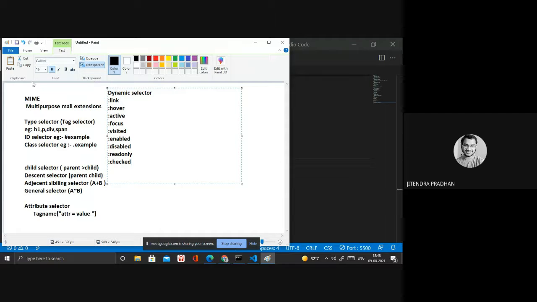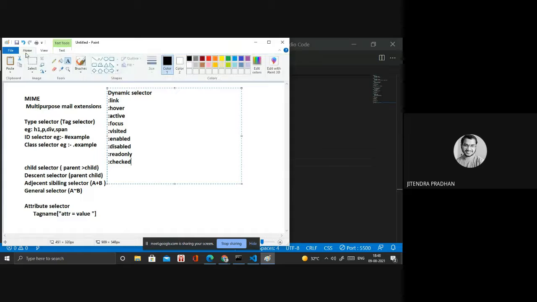I will share that paint document, then you have to try yourself. If you face any difficulty, let me know personally and I will tell you how to use disable and enable, because discussing all these things takes more time. You know that already, like enable, disable, read only, and checked, so I don't need to explain again.